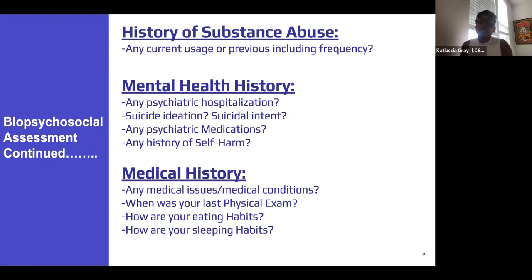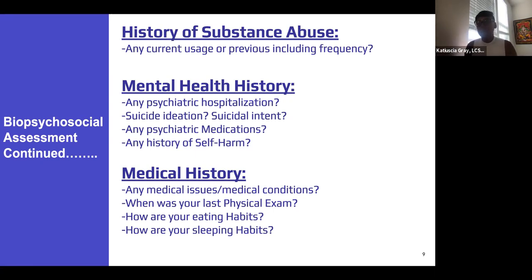So we want to fast forward into currently. When's the last time you had that thought of self-harm? Has there been any recent self-harm attempts? Tell me a little bit about that suicidal ideation. When's the last time you felt that way? Any intent. An intent means a